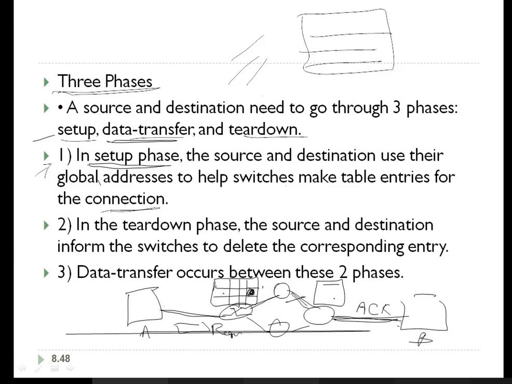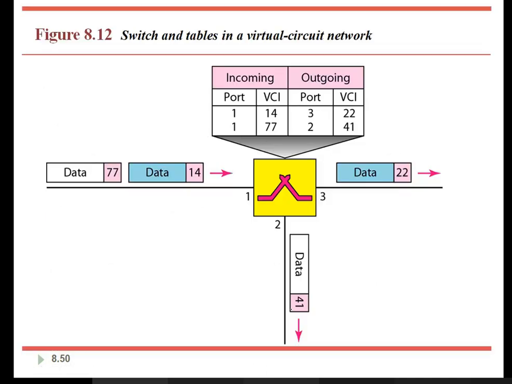If not, just imagine how much memory it requires to maintain this if every node keeps adding routing information. Whenever a new request comes, the searching would also take a lot of time. For that reason, the information of a particular route is maintained only as long as there is a connection and data transfer. Once it is completed, that information is removed from the routing table. Is it clear? Three phases: how is it different from the circuit switch network? Even though it uses three phases, the procedure is different. So let's start discussing how.